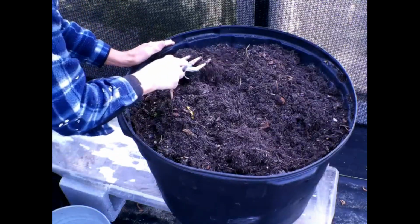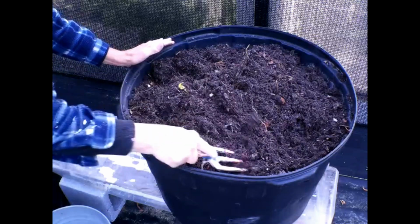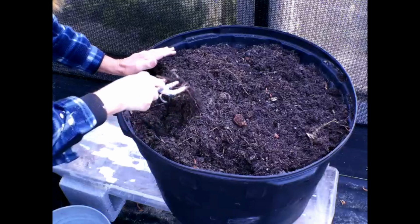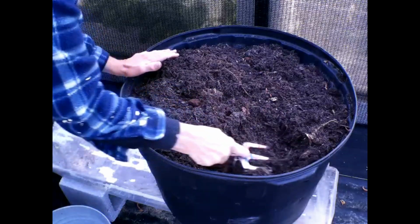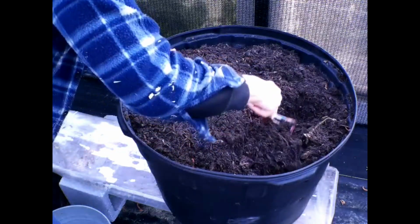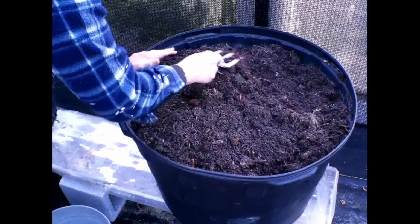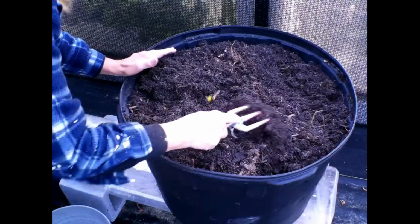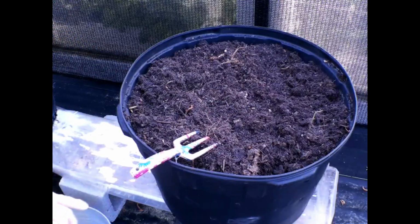Now, one of the things I did put in there, and I'm going to show you, so I got this all mixed up real good. There's roots in here. I'm not going to dump this out. I'm just going to break those roots up and let them decompose. So, one of the things that I did use